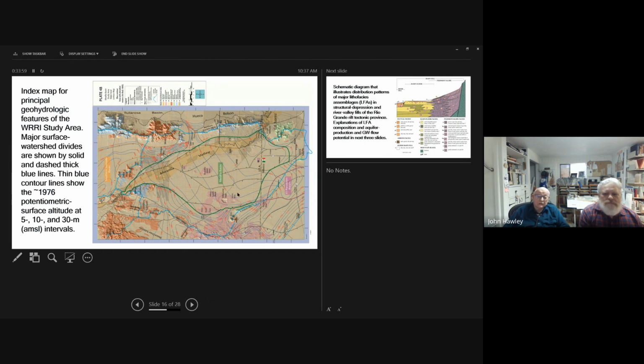The young volcanics are in this light violet area. And then the contour lines are in meters, at 5, 10, 30 meter intervals, that show the general position of the potentiometric surface.